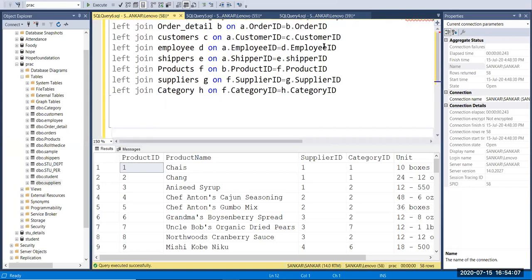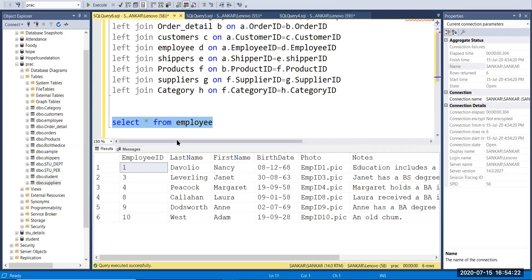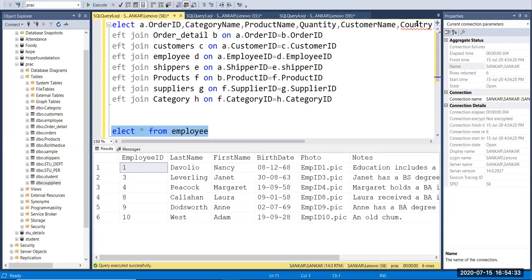For that, I'm going to check what the columns are in the employee table. Okay, so we have first name and last name. We don't have employee name separately. So now we are going to add these two names together to get a single name.